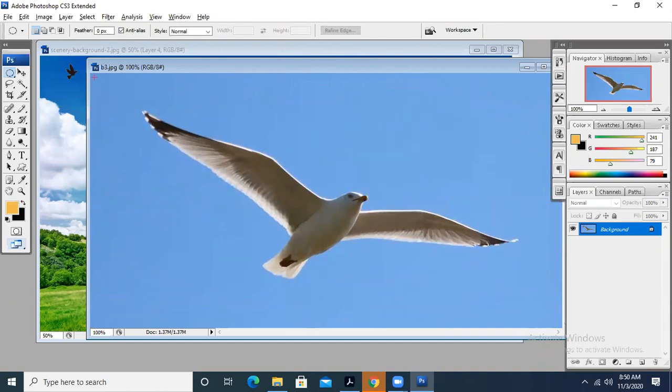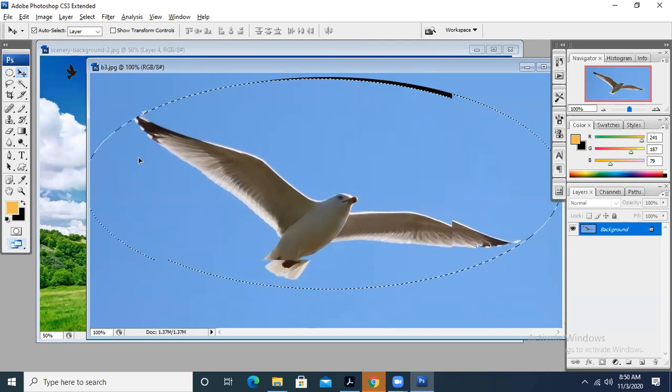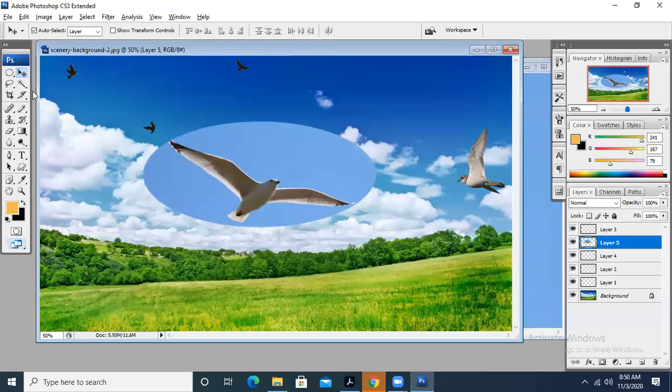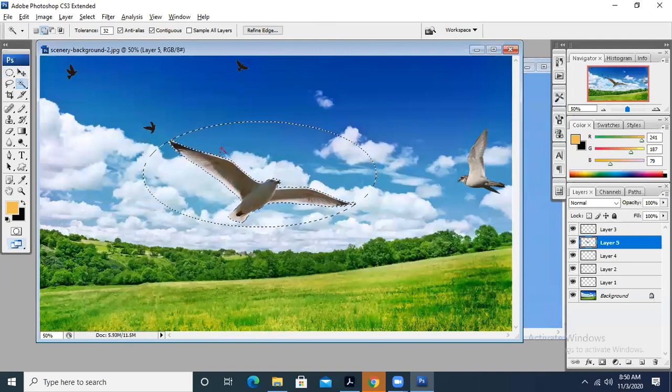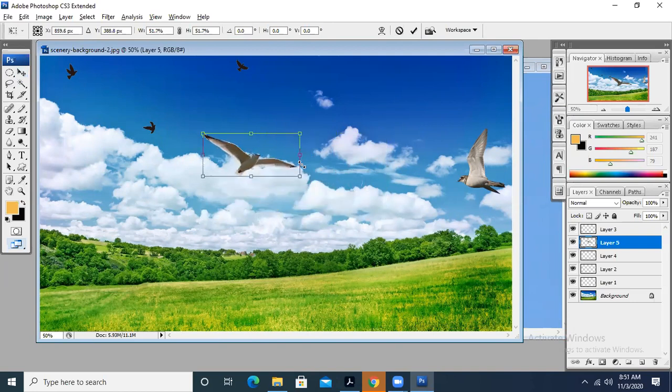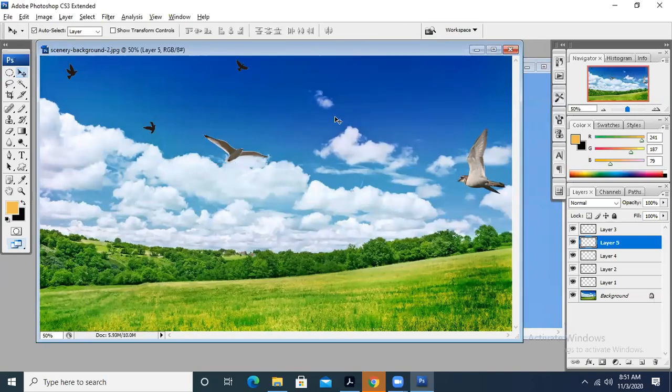Control D. Okay, I will take the selection tool and I will bring it here and I will drop it in my image. Now you can see that it has been dropped. I will take the magic wand tool, I will delete the given background, and I will press Ctrl D. The image is too large. What I need to do, I need to select Ctrl T for transformation, and I can apply it and I can place it